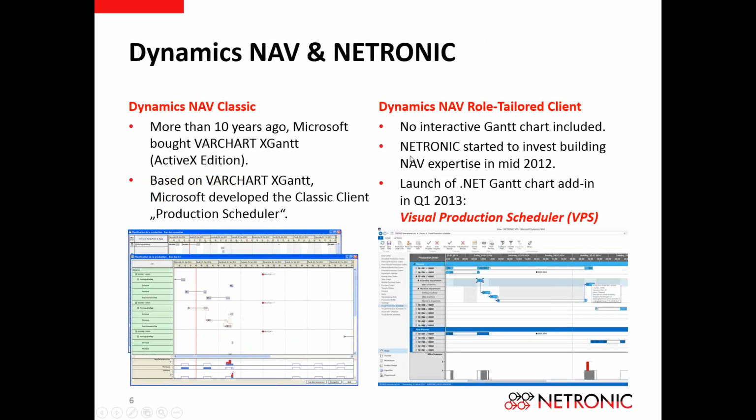So what we did is we as a company started to invest in building NAV expertise in the year 2012, where we had a lot of our developers being trained to develop with NAV, where we learned about the system. And the idea was that we should use our latest and brightest Gantt chart development tool to develop integrated add-ins for NAV. And we started with what we call the Visual Production Scheduler more than 2 years ago, which we